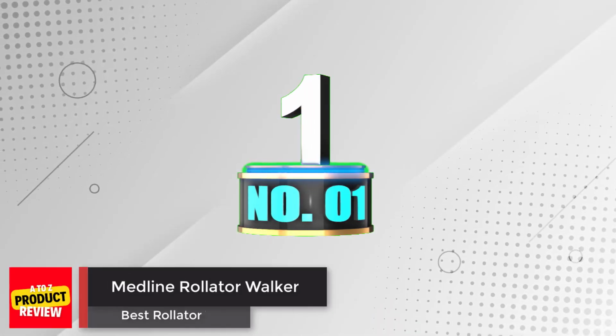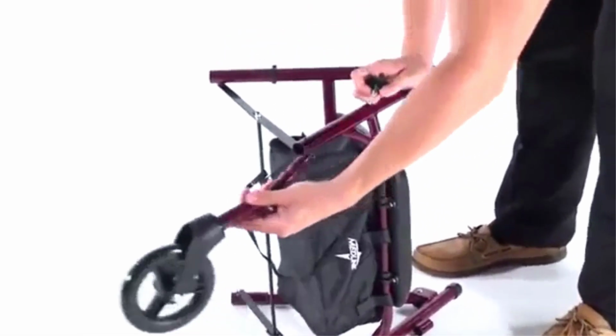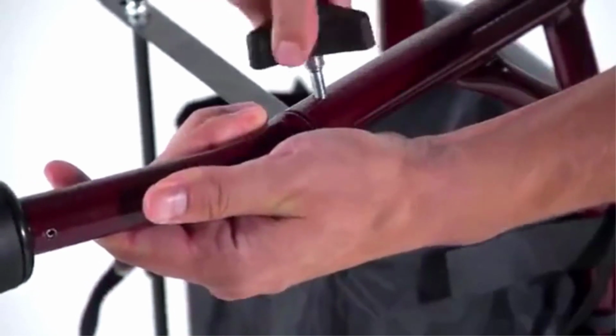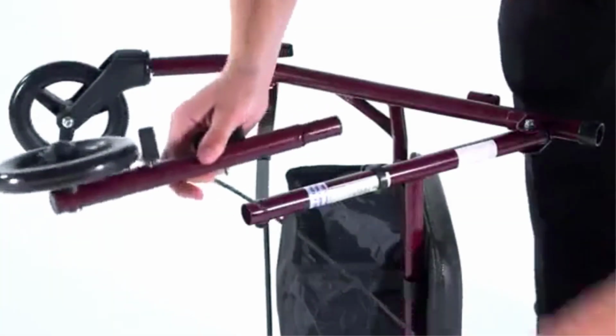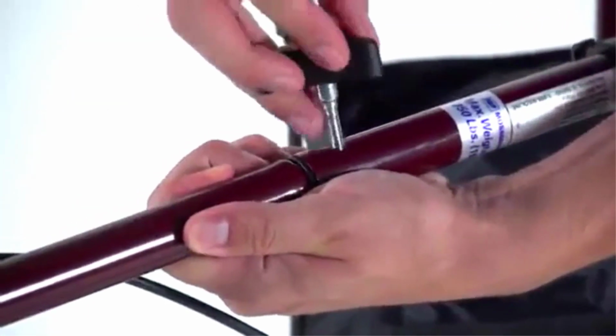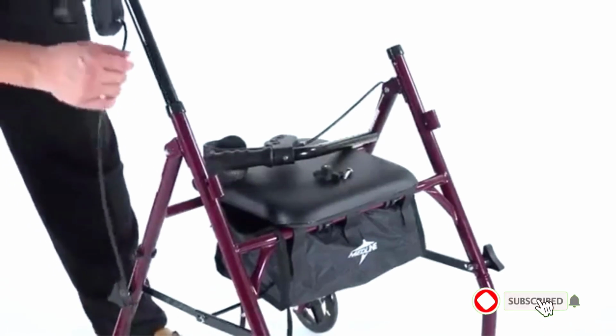Number 1. Medline Rollator Walker. More high quality and affordable than other options on the market, the Medline Rollator Walker provides a safe and comfortable solution for seniors or those with mobility impairments. With a weight capacity of up to 350 pounds, this rolling walker is generously sized and features adjustable handles to